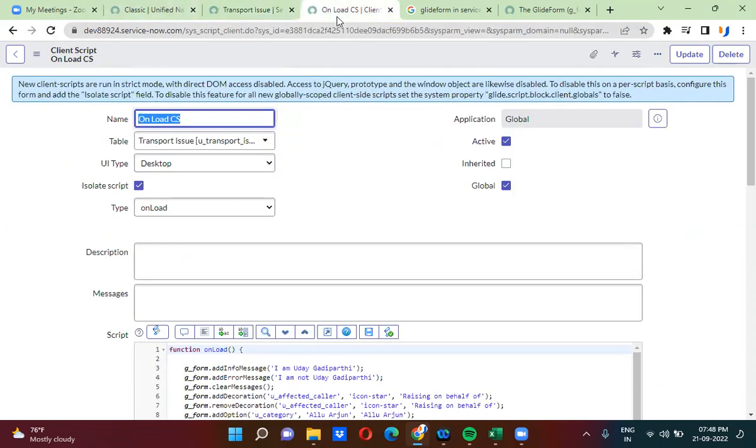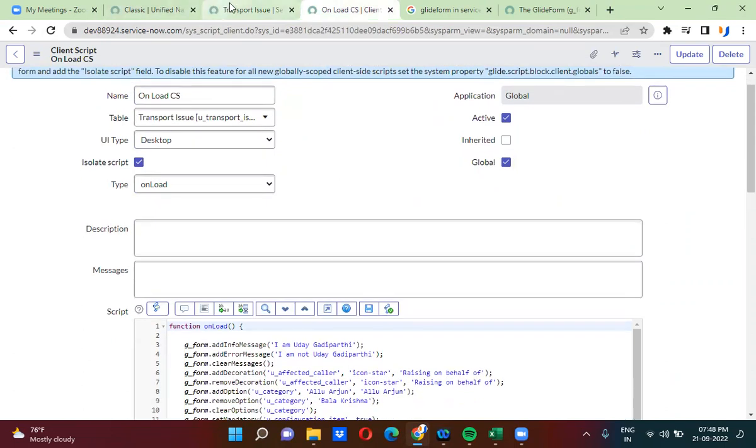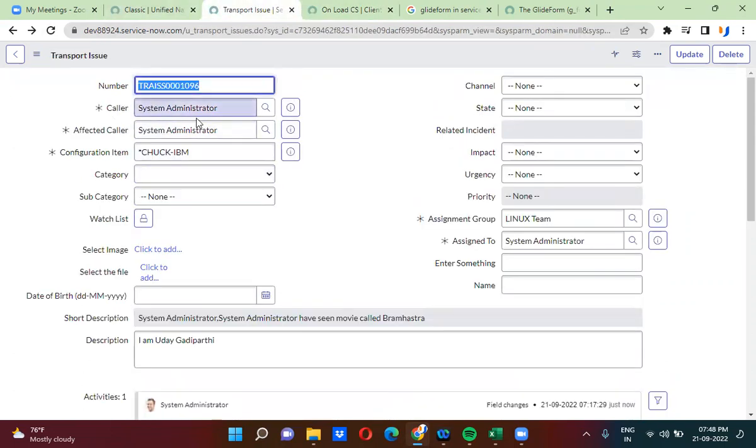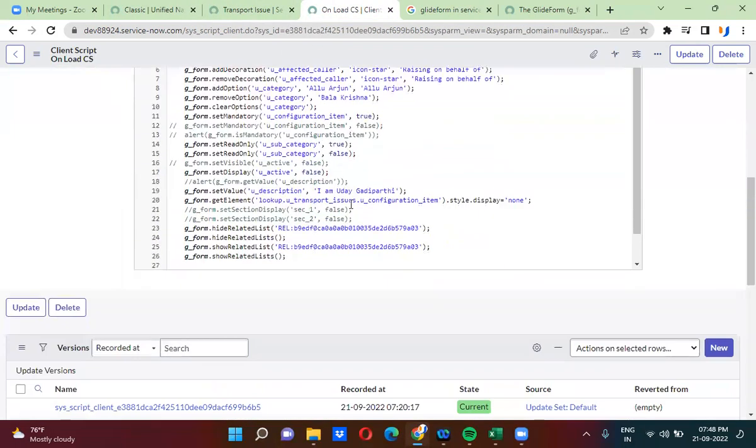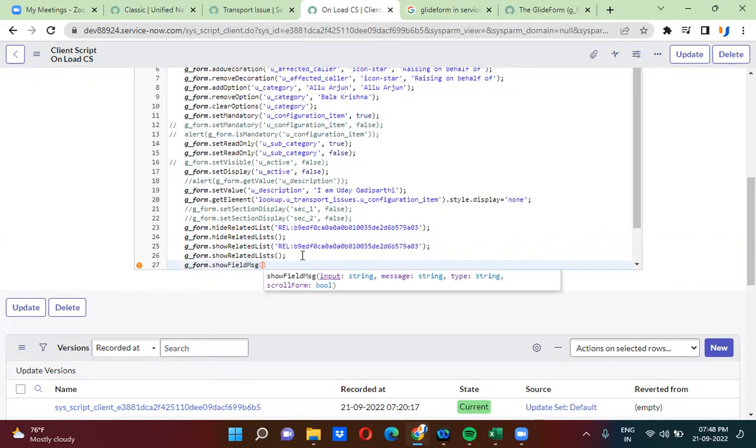So if I have to show some field message under the color field, I want to make end users understand what this color field is about. So I want to show some message under the color field. That is actually called a field message. So what I can do is use g_form dot showFieldMsg, field name u_color,